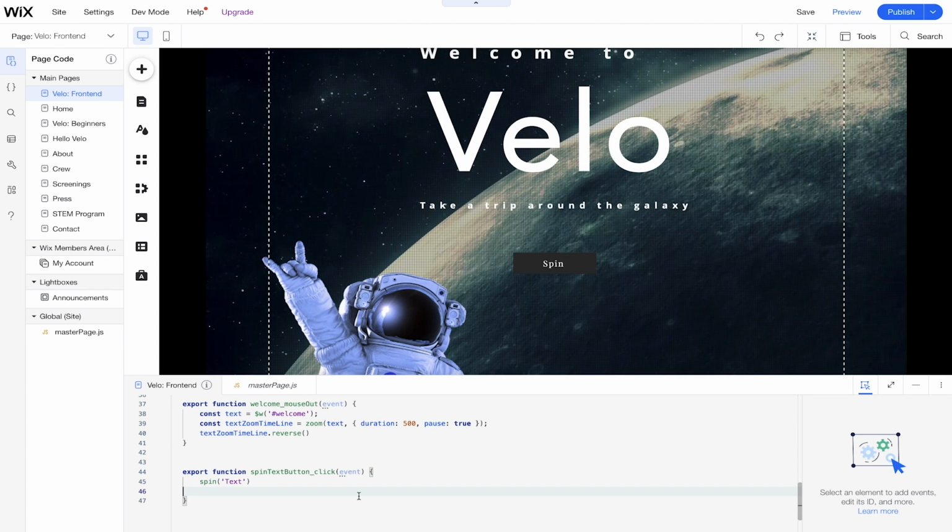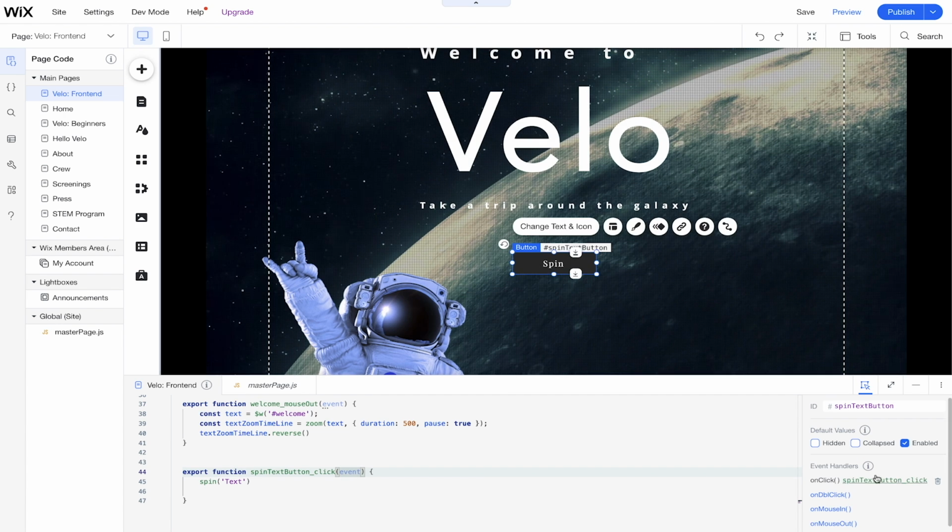But before we get started with the dynamic events, we have to make sure that we don't override anything that's going on, or cancel anything out. You can't have dynamic events and static events happening at the same time. So just for best practice, what you should do is go back to the button and delete this onClick event handler. For this next example, I don't need this code, so I'll get rid of this as well. But I'm going to keep the ID of the button the same.